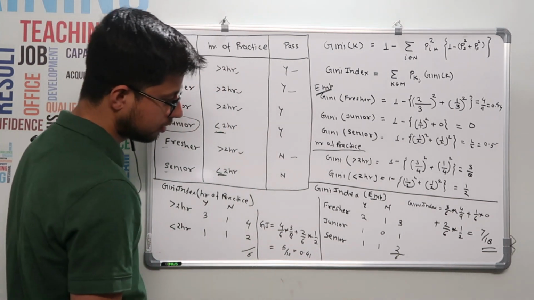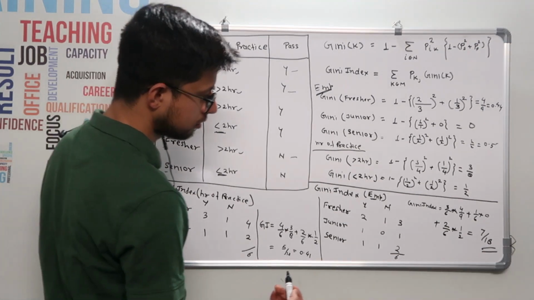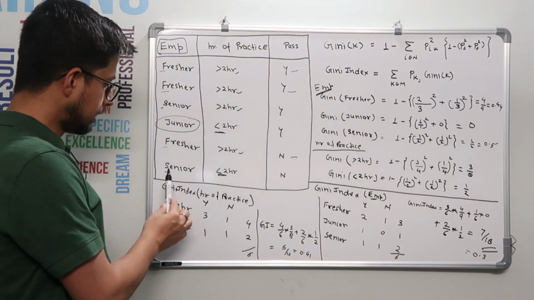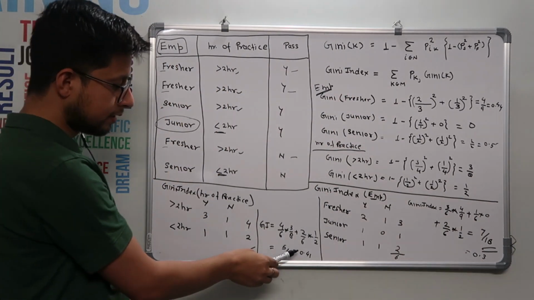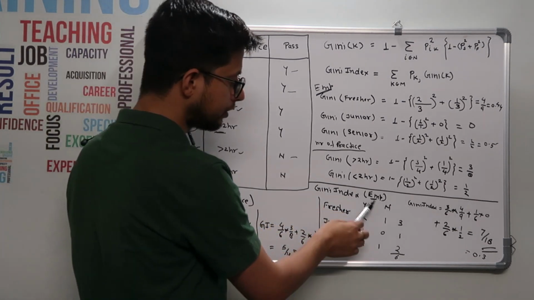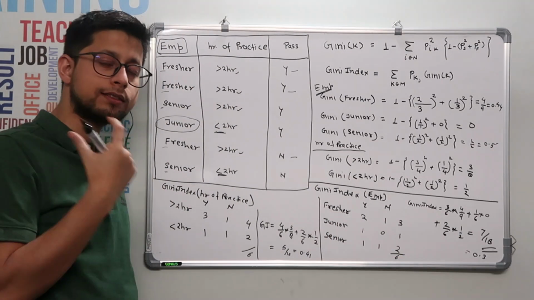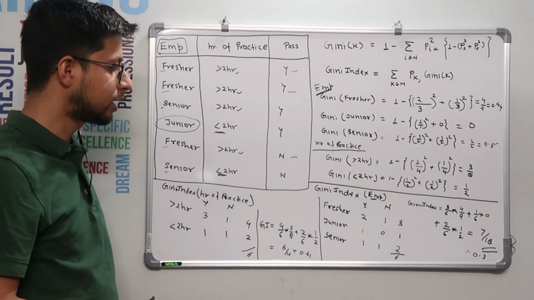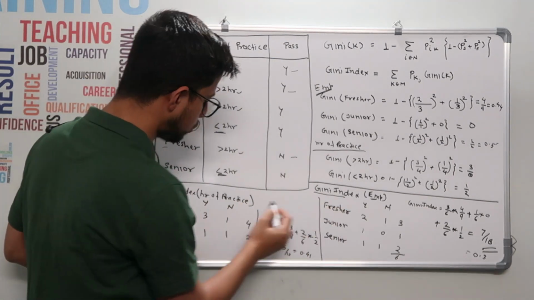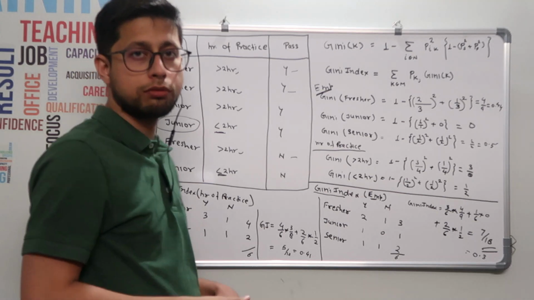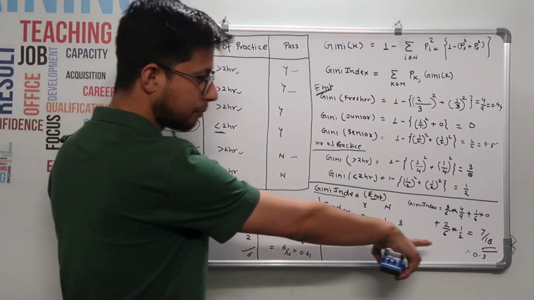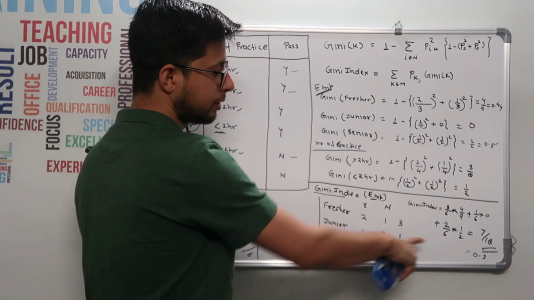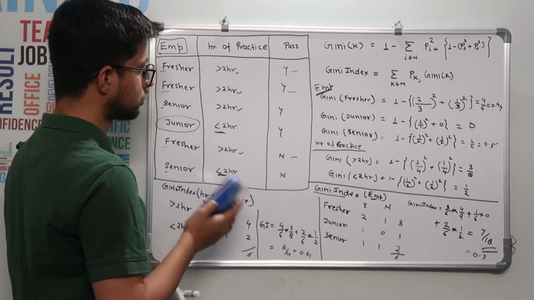And this will come somewhere like 0.3, okay? So now you compare, Gini index for hours of practice is more than the Gini index of employee, 0.3, right? So we decide the parent node which has less Gini index, means less impurity, okay? So now we have Gini index for both, and now we'll see what will be our parent node. So based on the comparison, we have already seen which one is less. So Gini index for employee is less, so that's where this will be our parent node, okay?